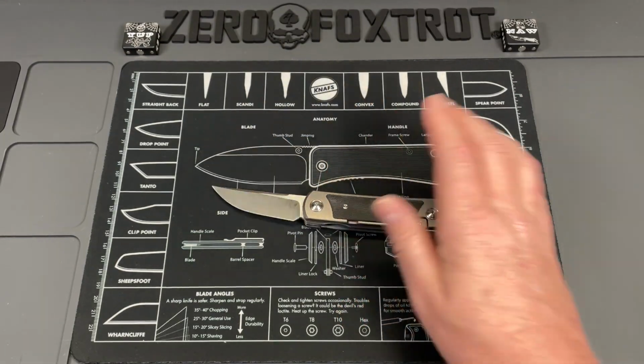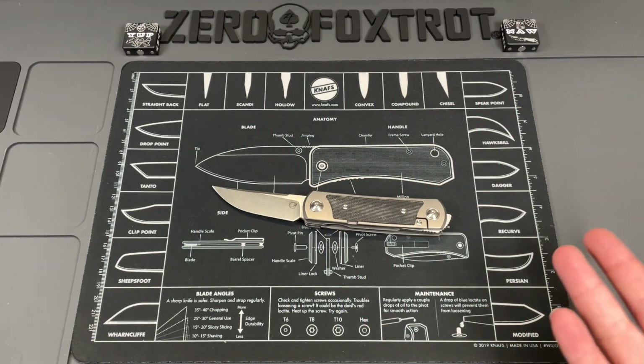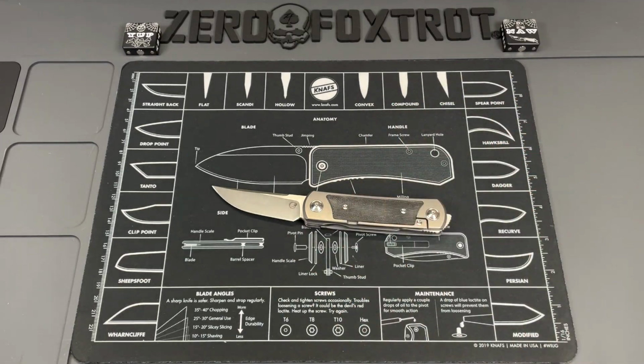Now, there's a couple negatives on this. There really are. You got to look at the negatives. So we're going to flip this around and look at the negatives right after you guys hear from this video